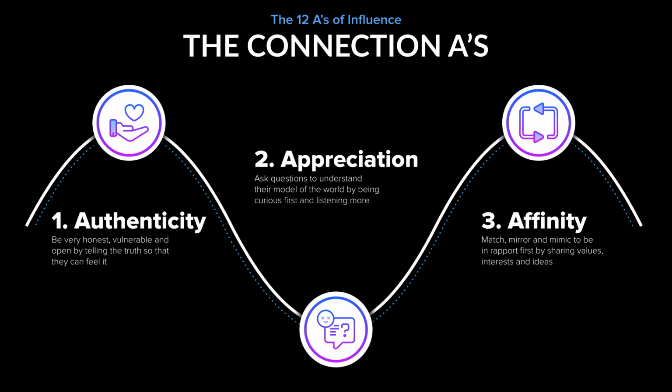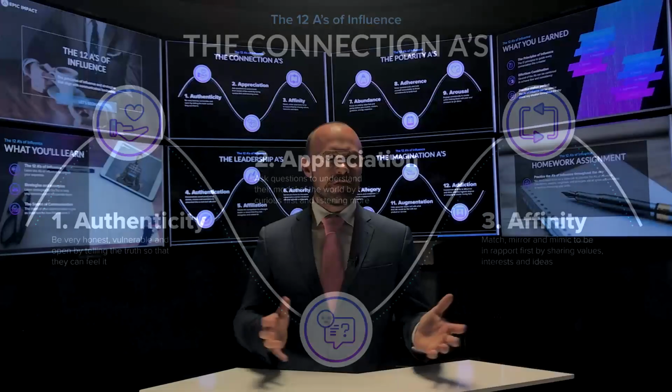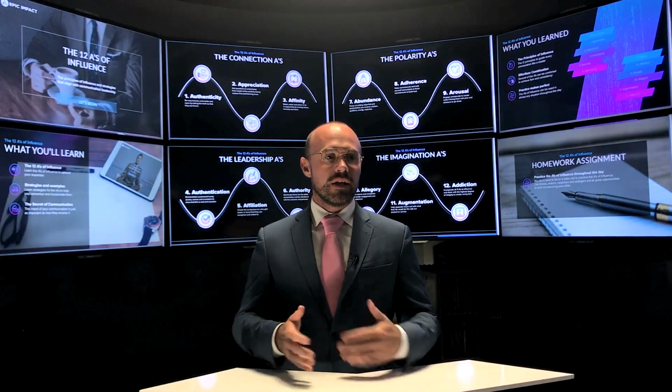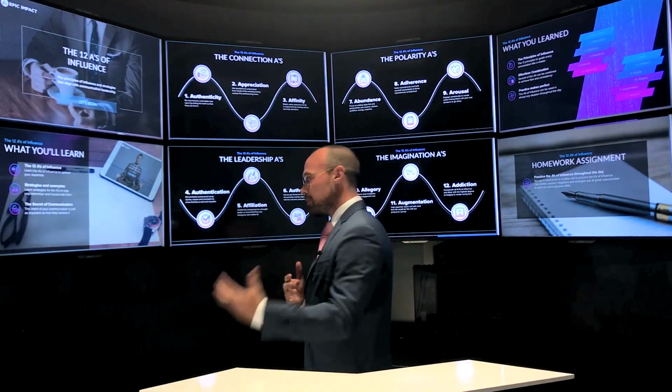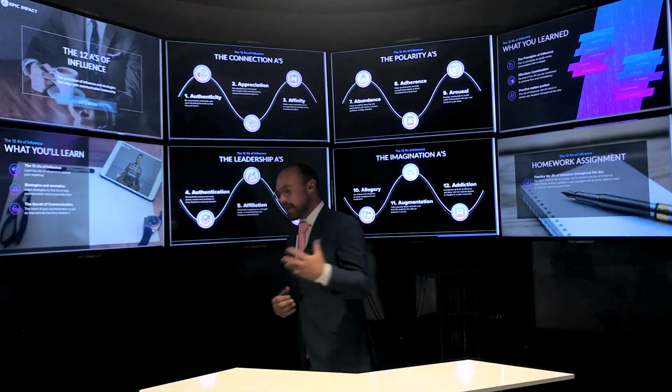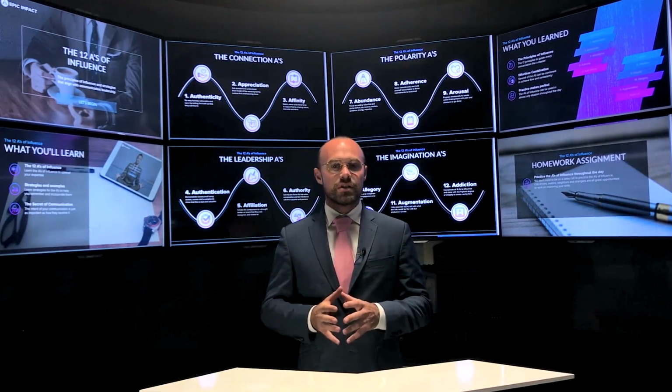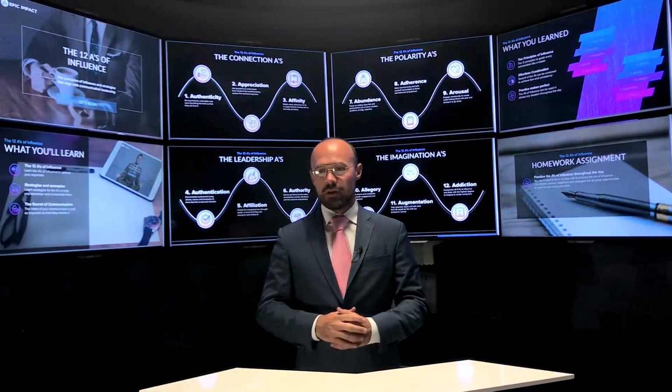A great example of affinity is one of the epic influencers that we work with, who always stays up on current events and watches ESPN SportsCenter. The reason he does this is he always wants to be ahead of the curve and knowledgeable on sports, because a lot of his call points, a lot of his customers care a lot about sports. So he becomes very mindful of what the different sports teams are that his prospects like, and he stays attuned, and he can stay in affinity by having communication around their sports team and deeply caring about what they care about too. And the way that he communicates this matches their way of communicating about the sports team,